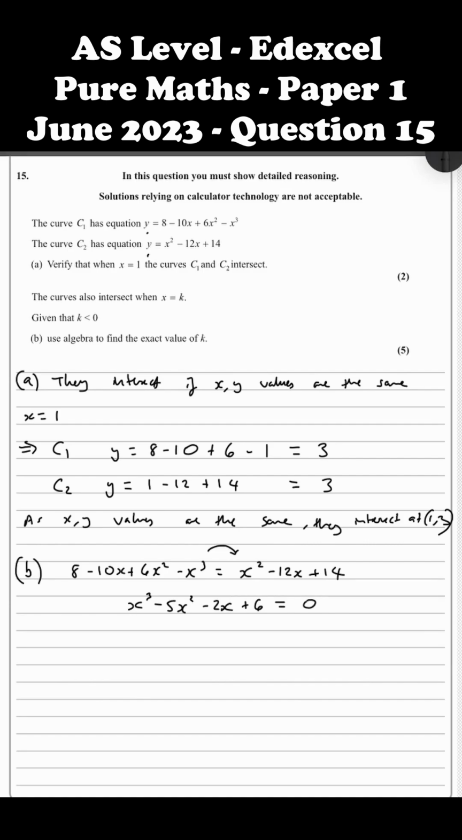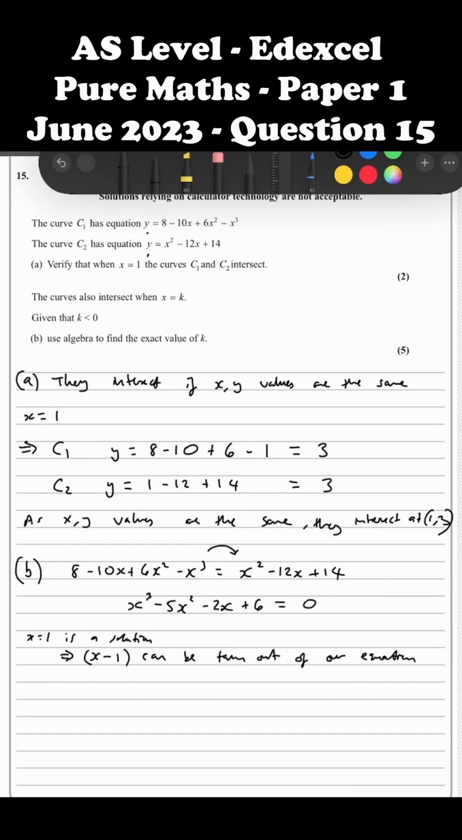So what we know is that x equals 1 is a solution, because we already know that the curves intersect when x equals 1. Therefore, x minus 1 can be taken out of our equation. So if x minus 1 can be taken out of our equation, we can rewrite our equation